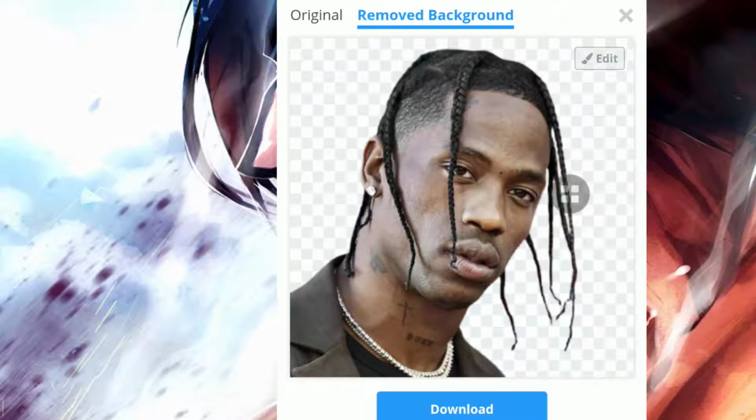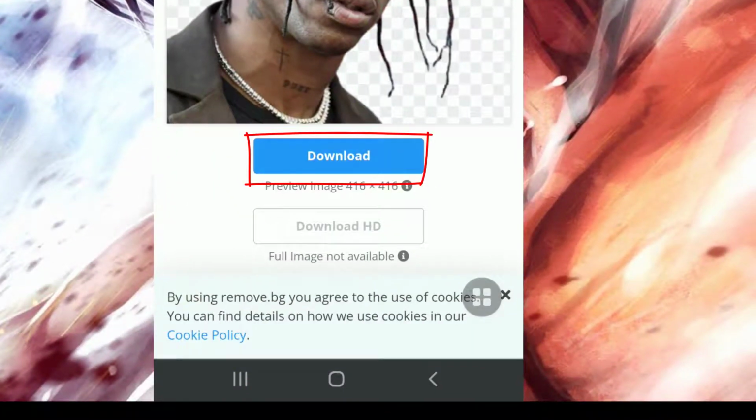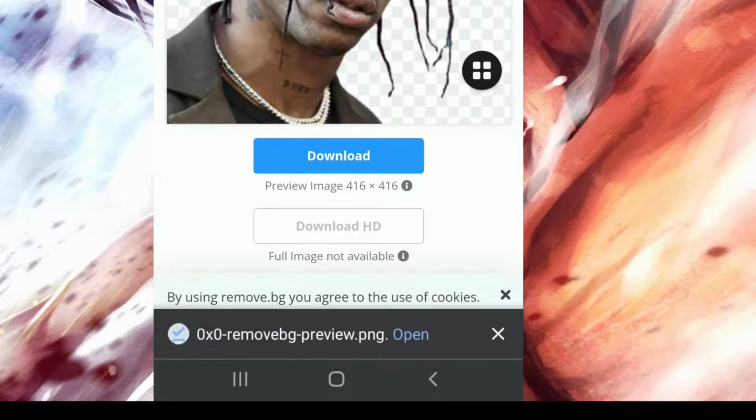And now as you can see, your background has been automatically removed, so you will click on this button to download your picture. And now as you can see, it's done